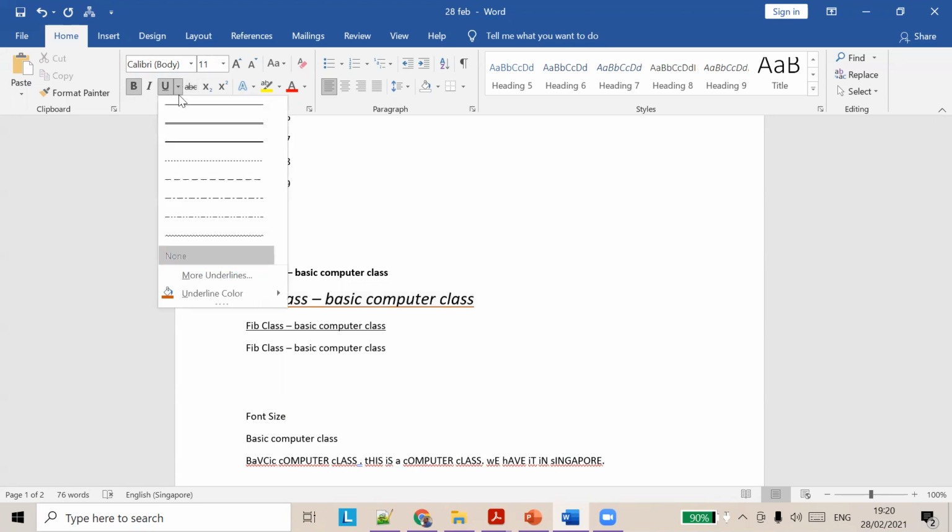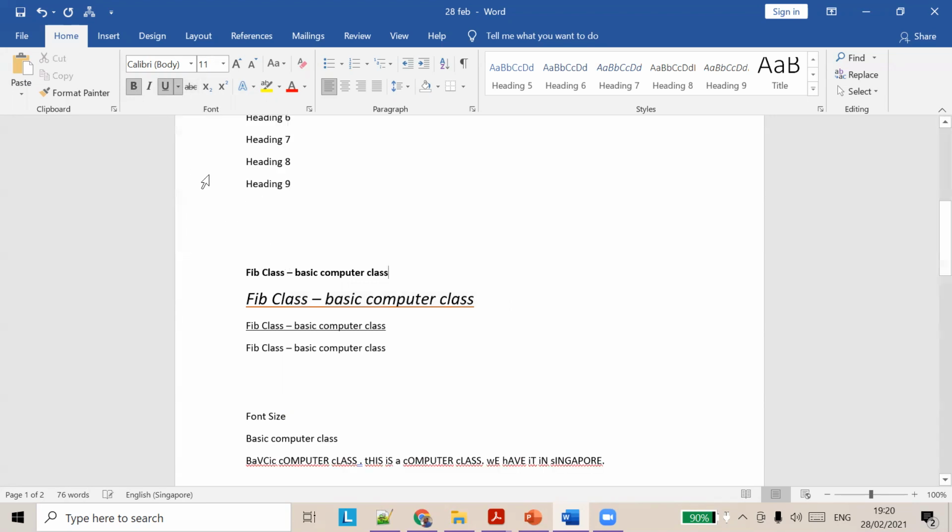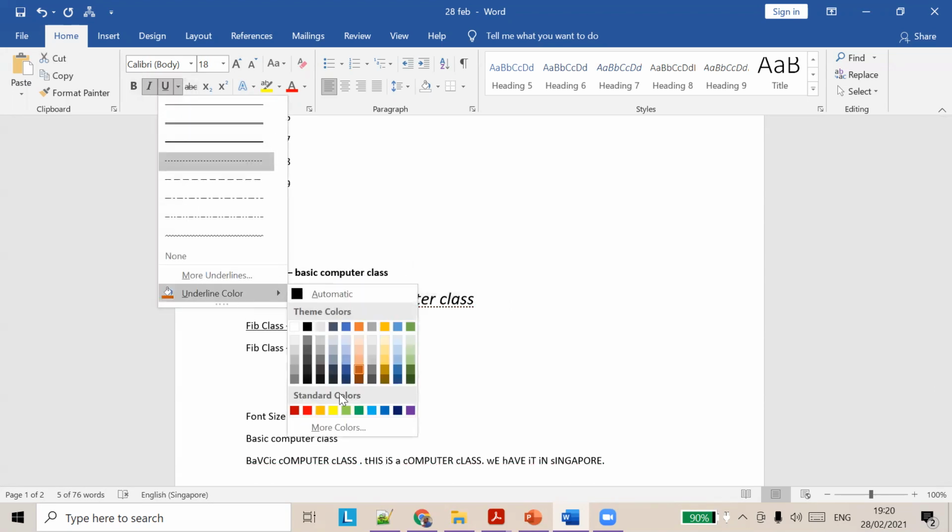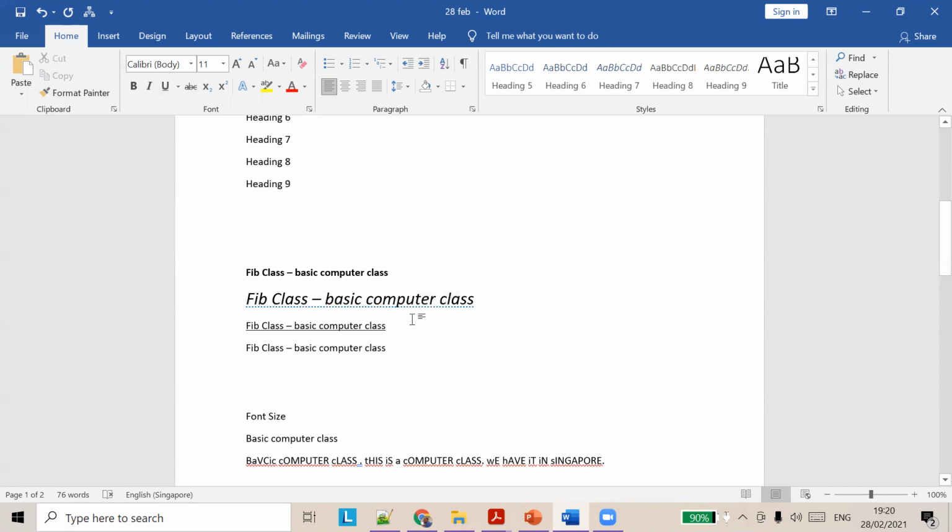All these options are provided here. If you want to change the color, you can change it from this drop-down. Change it to blue. You can see the difference. So this is how you do bold, italic, and underline.